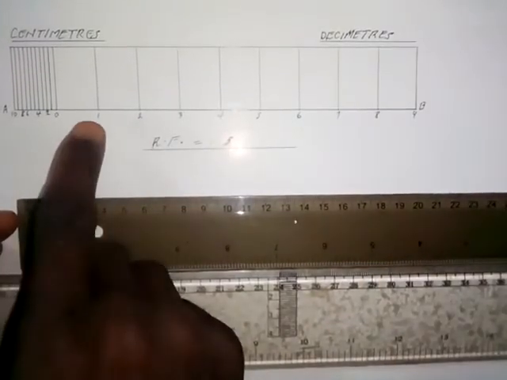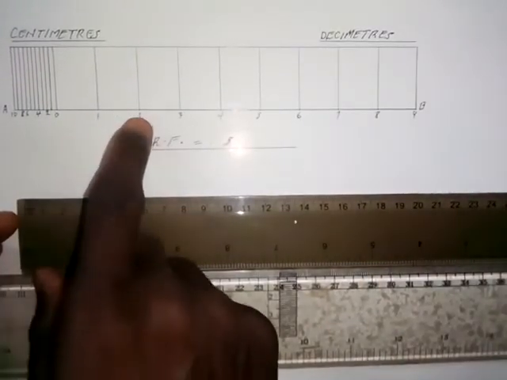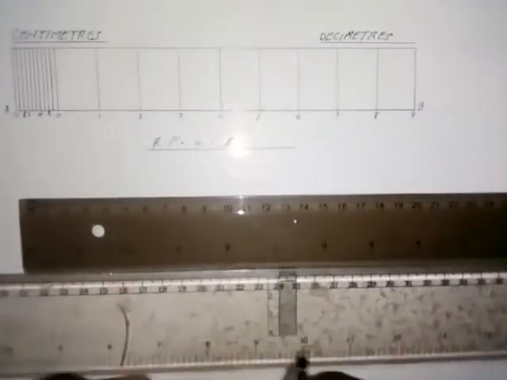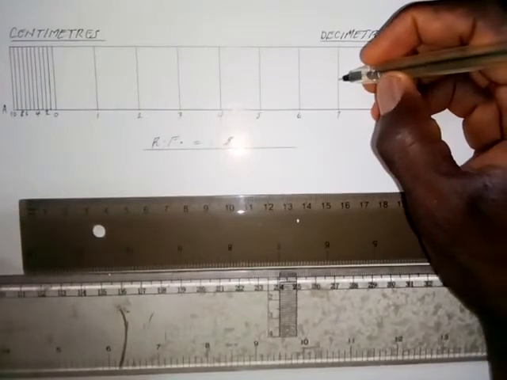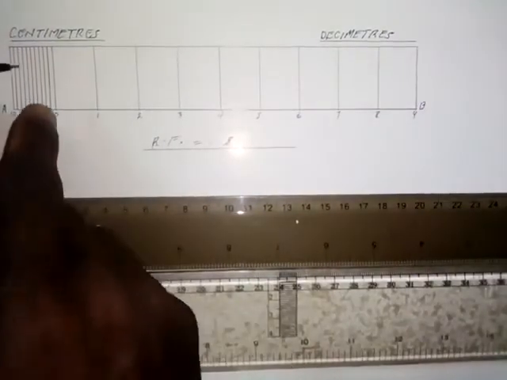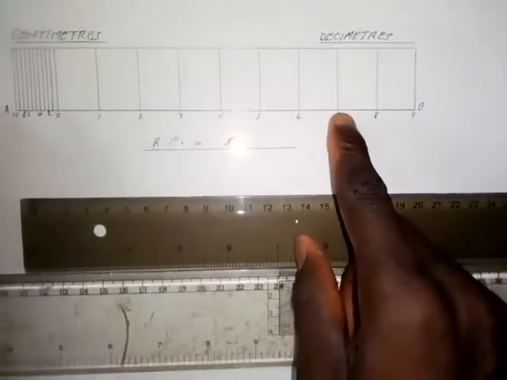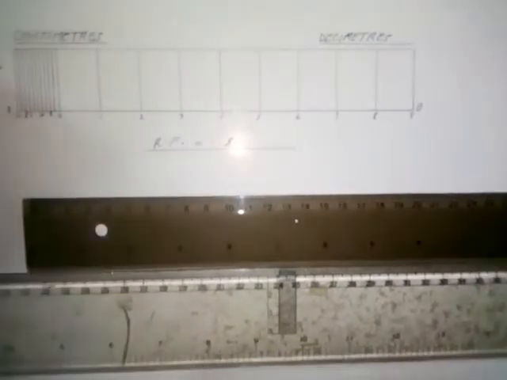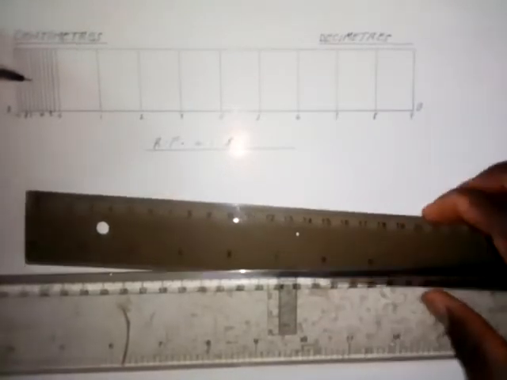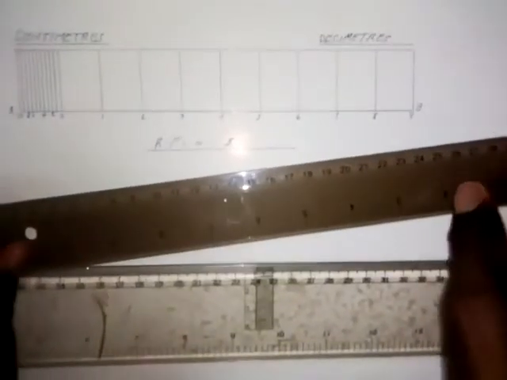From here I will count 7. This is 1, 2, 3, 4, 5, 6, 7. Okay, so I can put a dot here. Then on that of centimeters, this is 7 decimeters. So on that of centimeters, I'm going to count 6. So 1, 2, 3, 4, 5, 6. So I have 6 here. Now the next thing I'm going to do is